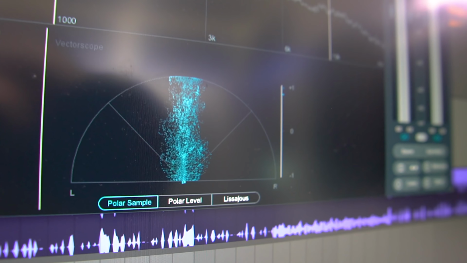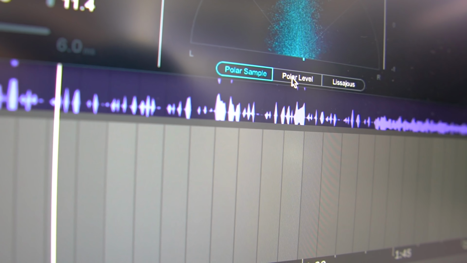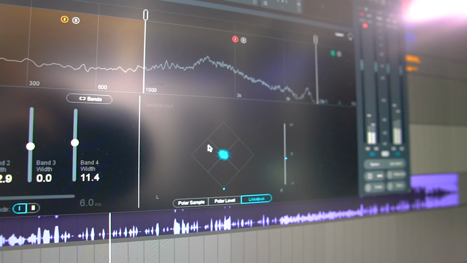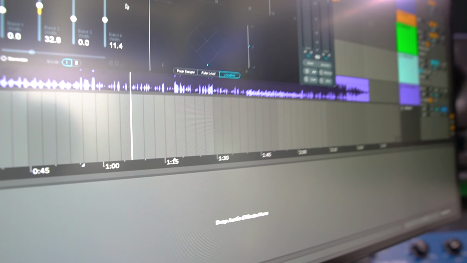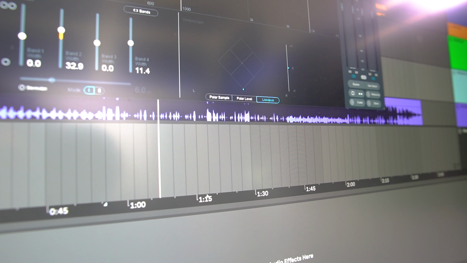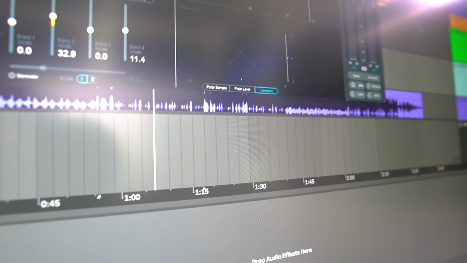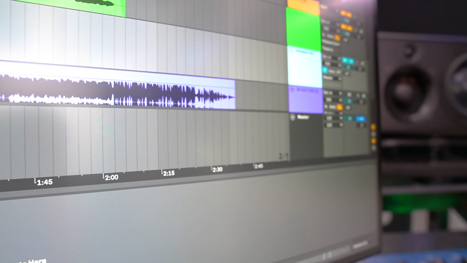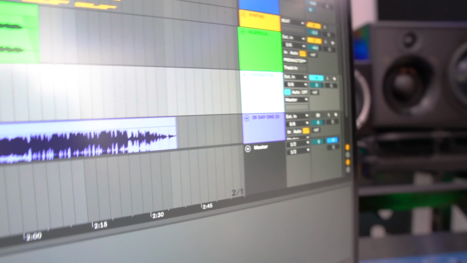And even here in Ozone 9, you have those three really useful meters right here, not just in Ozone 9, but any of them. So you don't need any of this extra stuff to be monitoring your stuff, especially if you have Ozone. This is another really major meter that I find myself looking at a lot, especially while I'm adjusting the parameters here in Ozone. It's nice to just keep your eyes right here. But I digress. I have Ozone here on a PreMaster channel for a very specific reason, because down here at